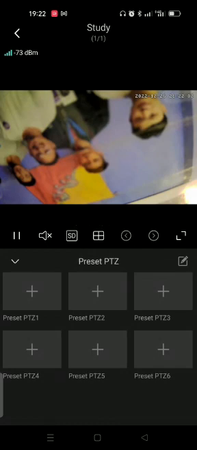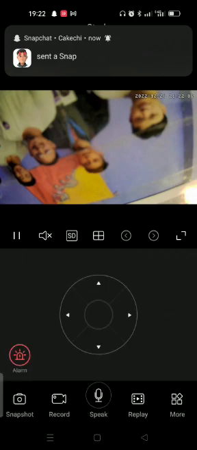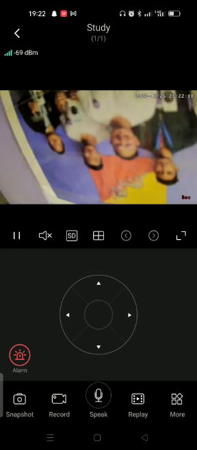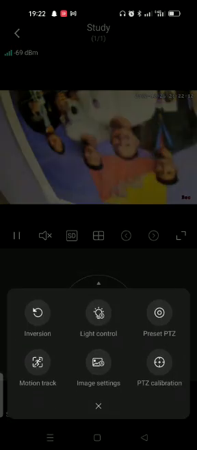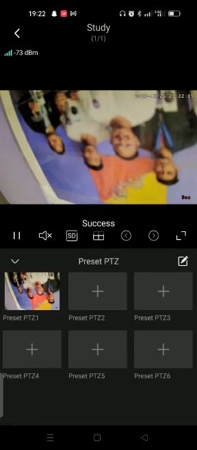This happened because right now you can see the setting failed, because I haven't turned the camera to the location where I want it. So I turn it for a while, then go back to PTZ, add location, location successful. And you go back,